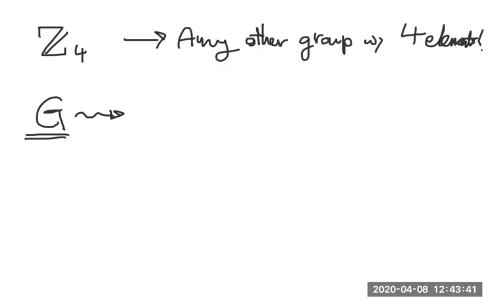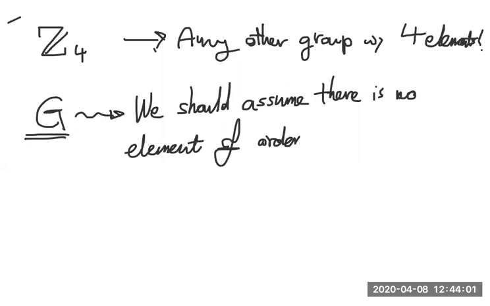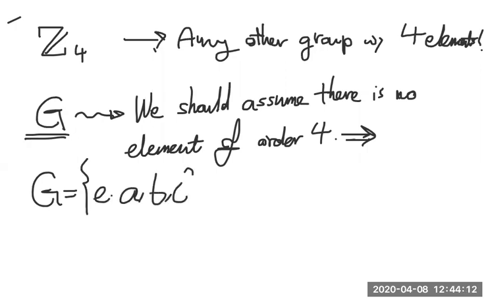So now if you want to find another group, we should assume there is no element of order 4. So if I write G as E, A, B, C, because the order